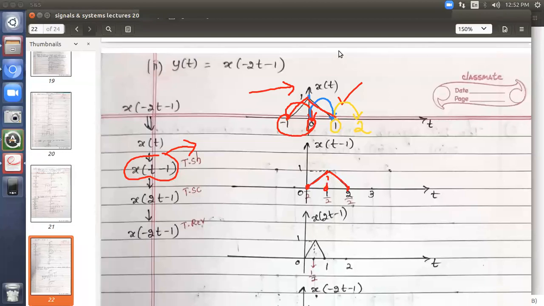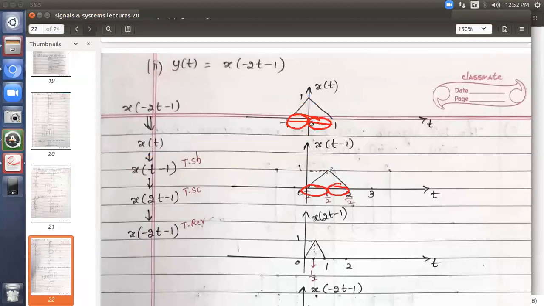Now let us confirm whether we have got the correct shifting or not. Right shift by one amount. Count the number of units covered, 1 unit and 2 units. Check the shifted version. We have got 1 unit and 2 units. And the shape of the signal is retained. It's a triangle kind of shape. This is also a triangular kind of shape. So we have shifted it correctly. Then after this shifting, we should go for scaling. Scaling by 2 amount. So we should have a compressed signal.